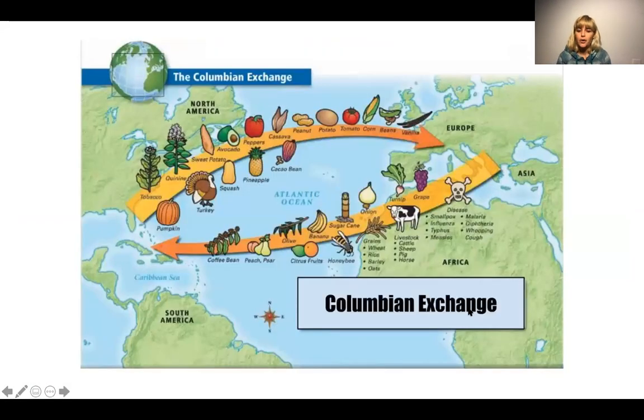All right, guys. So this is my final slide, and I wanted to leave you, of course, with another of the 50,000 maps I've given you of the Columbian Exchange. So I will give you your writing assignment in just a few minutes. If you have any questions, make sure to email them